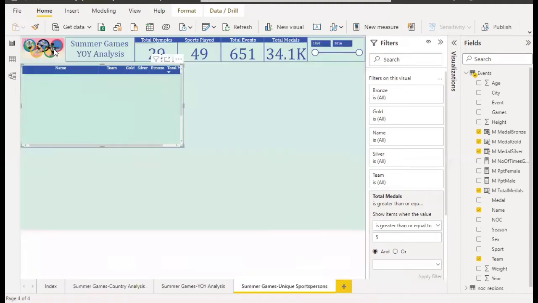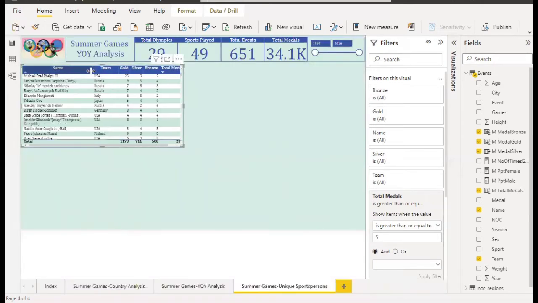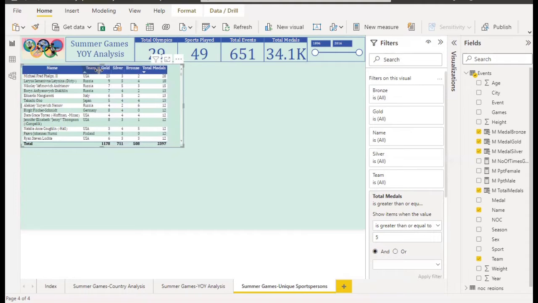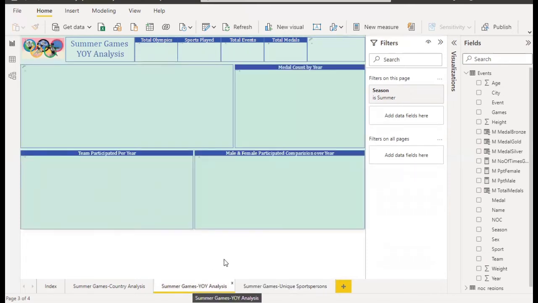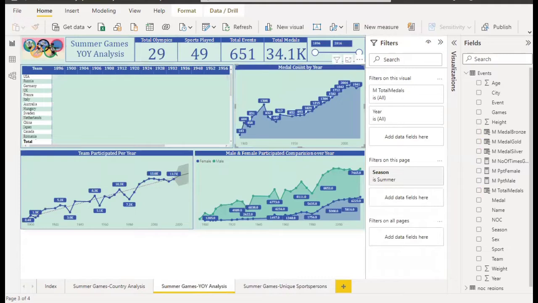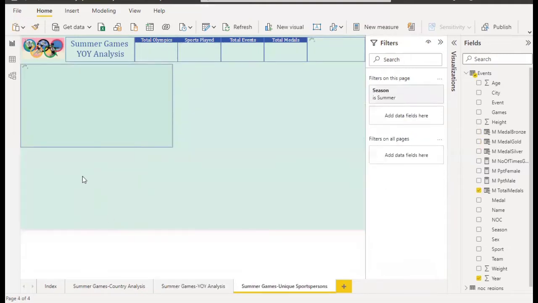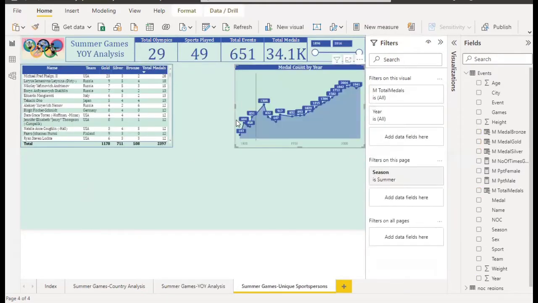Okay, let's go back, minimize this space a bit. And in teams as well, just minimize the space. Yeah, so our first table is ready with all the data we want. Now the next thing which we'll be adding is a pie chart. So let's copy one of the graphs from this so that we will have the same format. You don't have to format it. So drag it here,